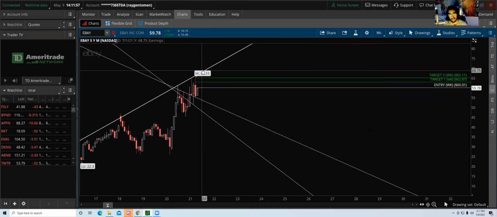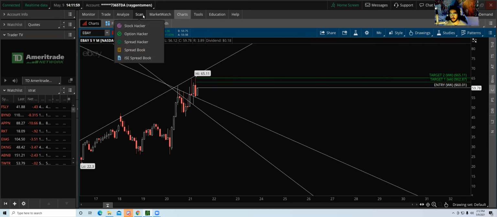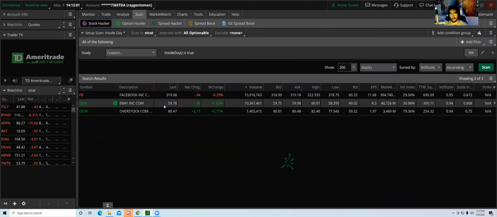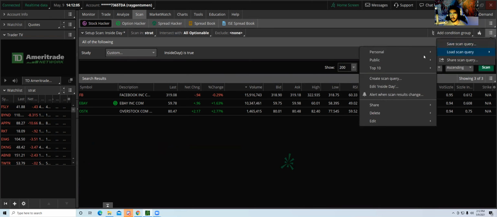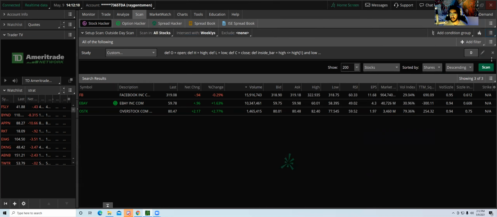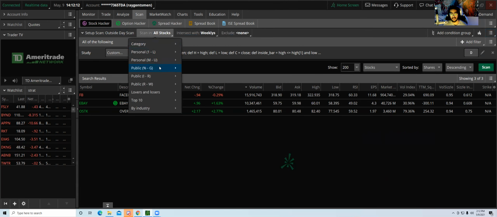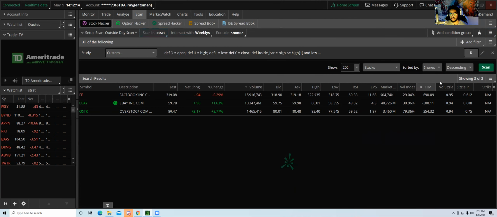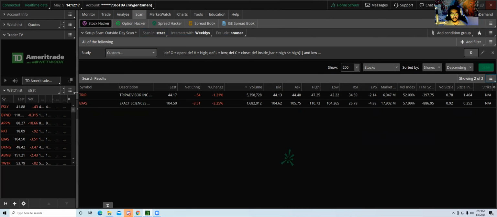All right. So that's how I scan for stuff. I just pull up the scanner, I'll scan, and then I'll go look at it. And then I'll also scan for outside days and stuff like that. So I'll put that in, scan on the list that I got first. It's 2 tripping EXAS. And then if my list of go-to stocks don't have enough, then I'll pull up and look at every